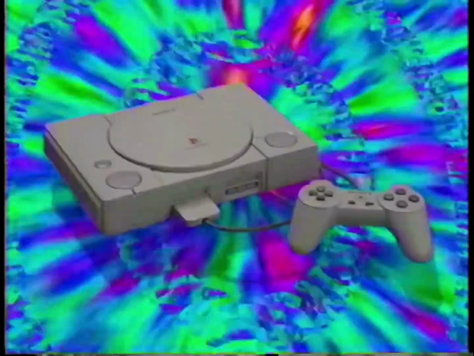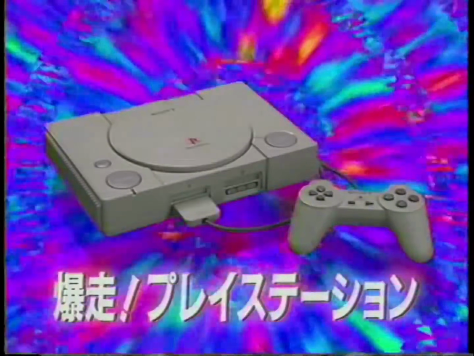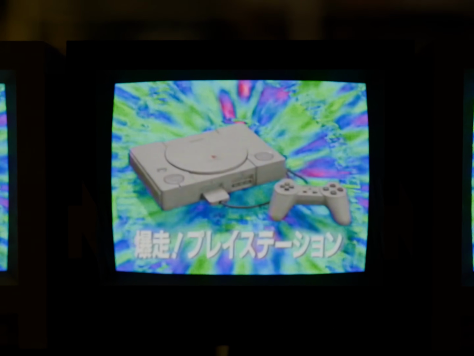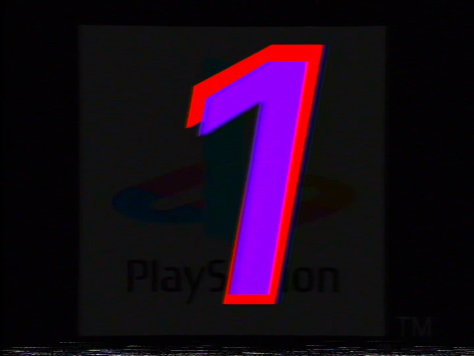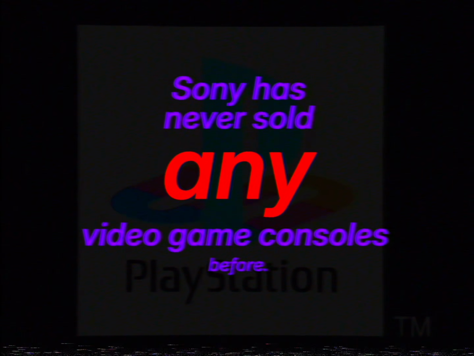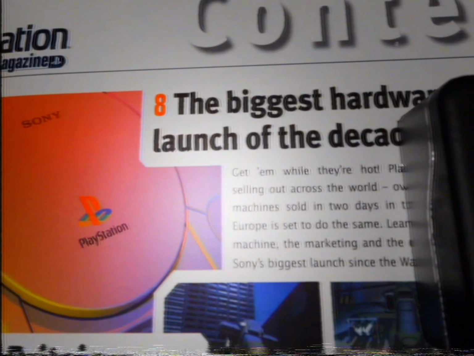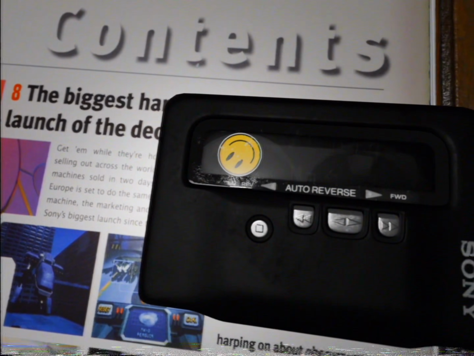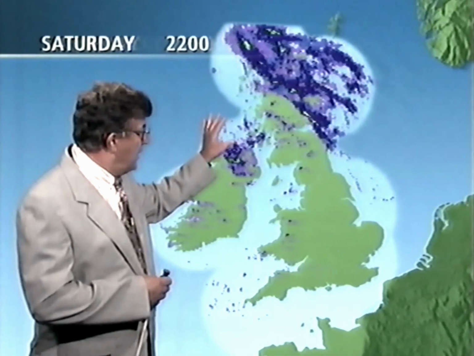Sony launches the PlayStation in December of 1994 in Japan, and it's an instant success, so they're looking to expand in 95 internationally. They want to sell the PlayStation in the West. But one, they've never sold any game console before, and two, the West is not their home market, so they have to make sure they nail this, and to do that, they leverage their wide connections and knowledge about the music world and try to tap into what at the time was one of the pop culture centers of the world. And of course, I'm talking about